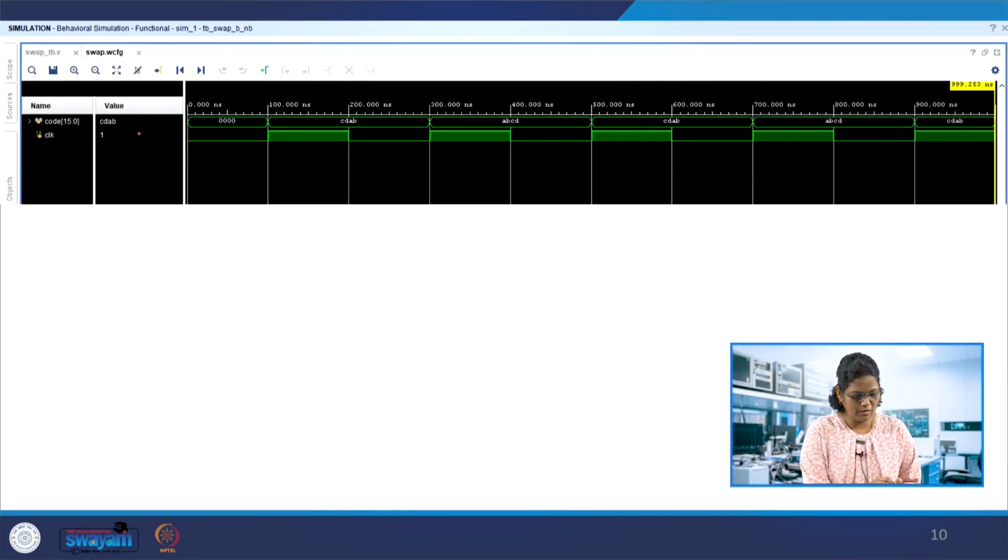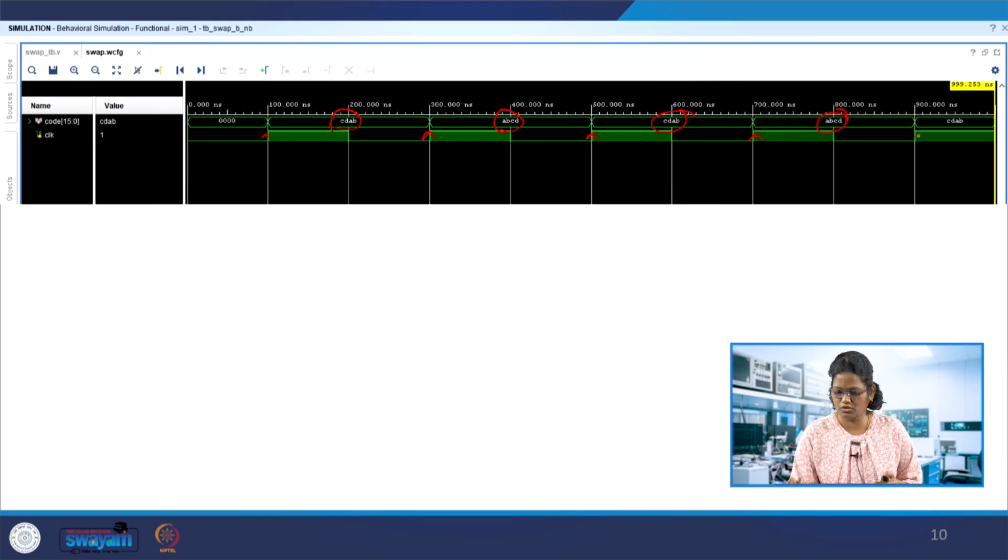Here, anyway, the output we can see at every clock edge for the first code is changing, that is CD AB, AB CD, and then CD AB. At every clock edge the output gets changed. Whatever was there, that was ABCD first, and then this is changed now to CDAB, ABCD, and then CDAB.